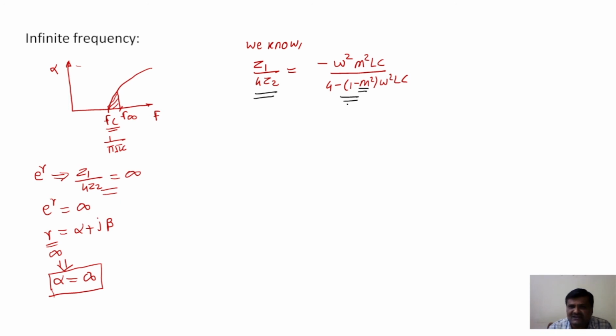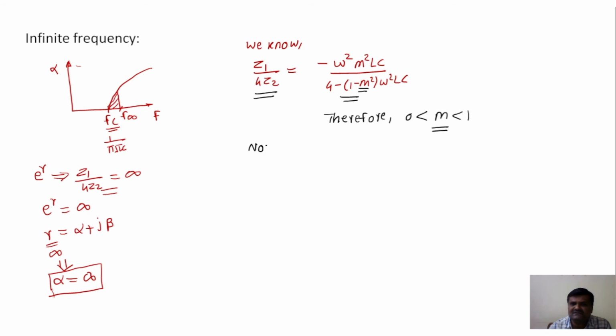So selection of the m value is very important. Therefore the m value should be greater than 0 but less than 1. At that time you will get a better response. Now this adjustment you can do only in an m-derived filter. It's not possible in a constant k filter. Because of that, the m-derived filter is called a modification of the constant k filter to overcome its limitation.